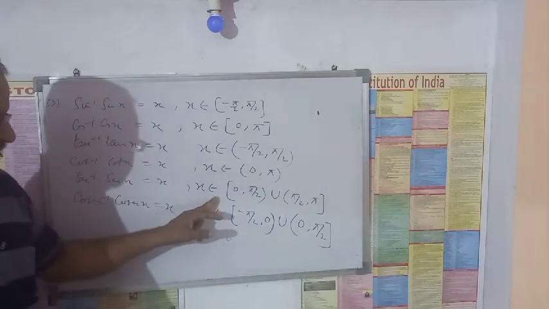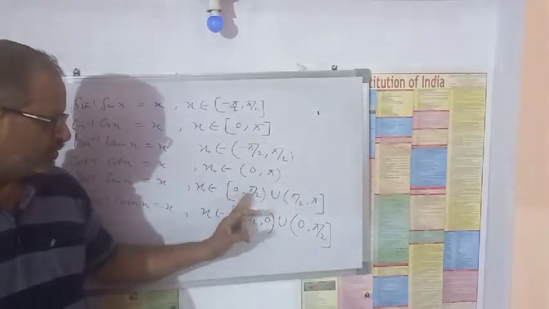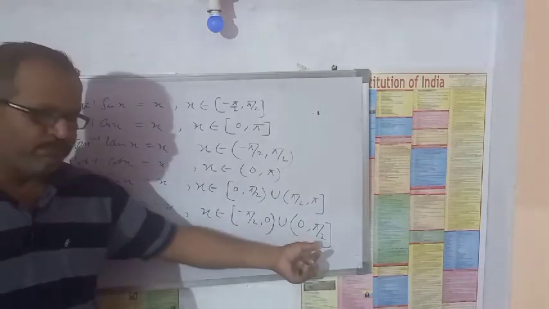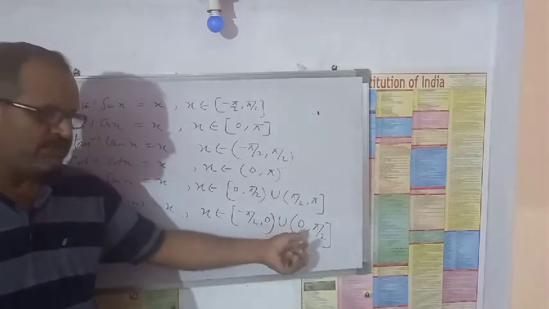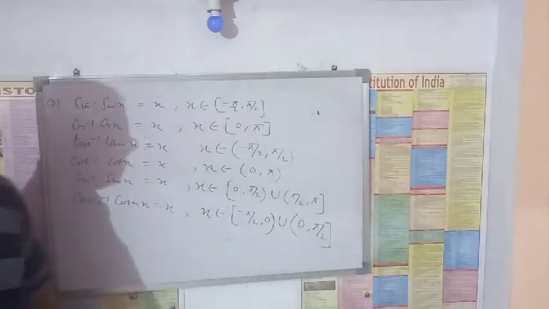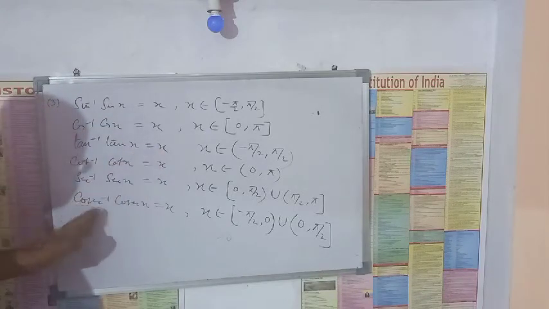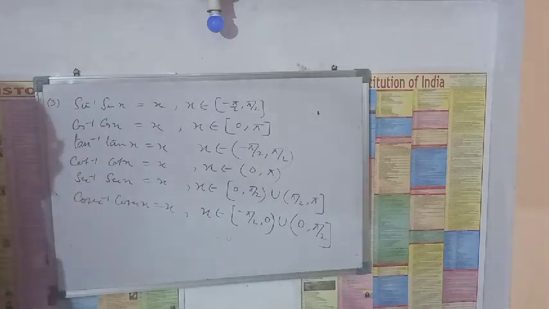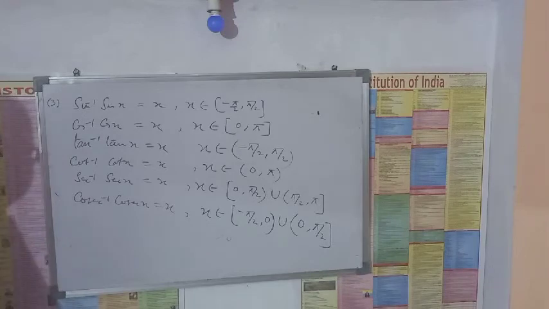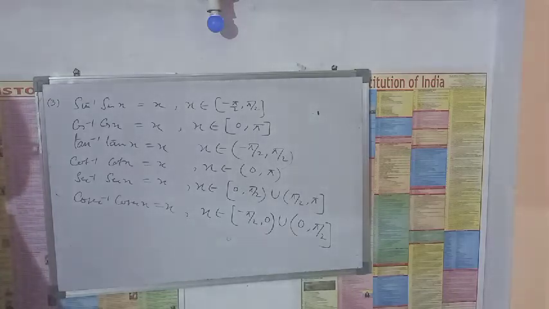So what is the domain here? X belongs to 0 to pi except pi by 2. 0 to pi, but pi by 2 is not included. Minus pi by 2 to plus pi by 2, but 0 is not included. So minus pi by 2 to 0, union 0 to pi by 2. So sin inverse sin x is equal to x, tan inverse tan x is equal to x, like this. So I have told here many properties of inverse functions are there, but some useful properties that we can apply in the problems we have mentioned here. So you have to learn it.